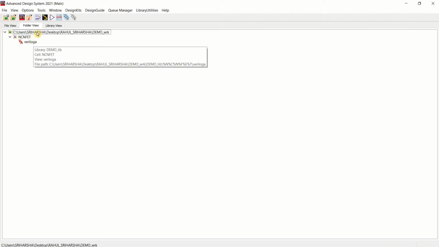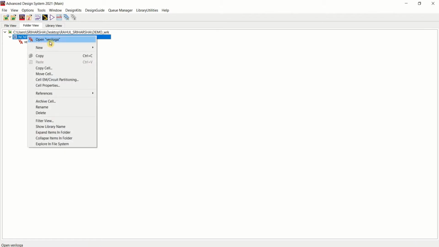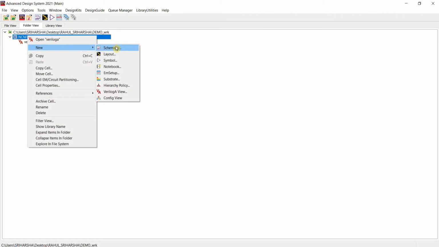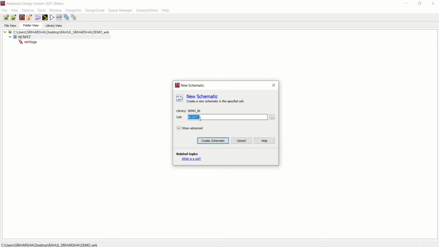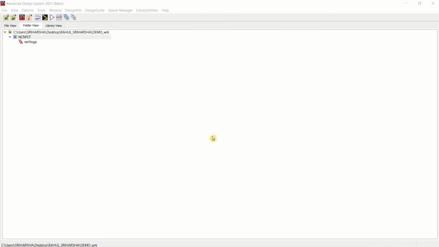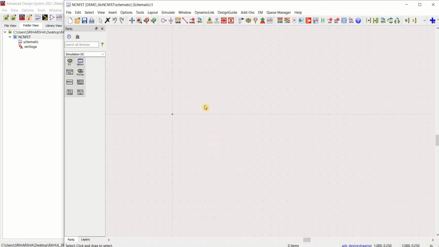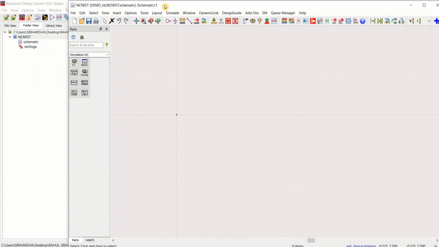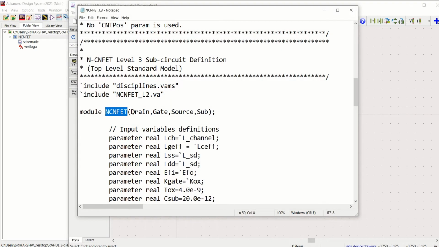So just right click here, new schematic. The name has to be the same for the schematic as well as the symbol. Click on create schematic. It opens a window. Here you need to place the pin names for drain, gate, source and substrate.